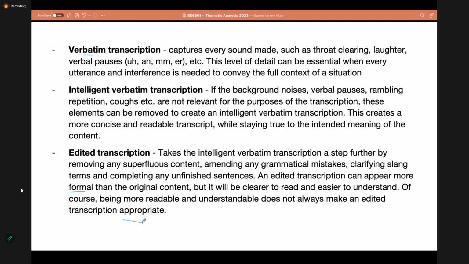If you're editing out any important information, even the slang terms might be relevant to some research topics that you're investigating. So it might not always be the best option. Depending on your research needs, you might select to either do an edited transcript or an intelligent verbatim transcript to start your data analysis process.